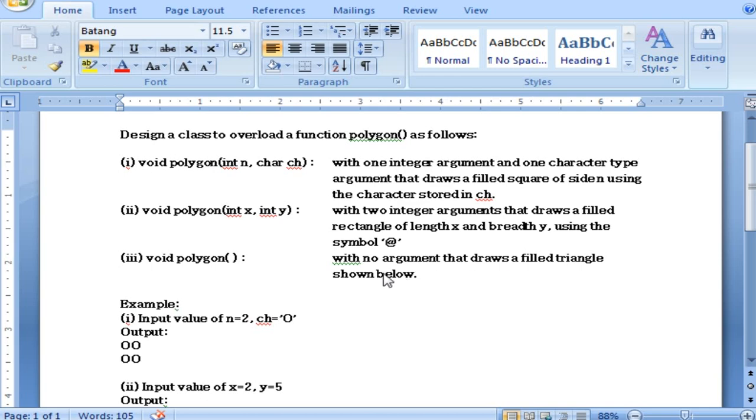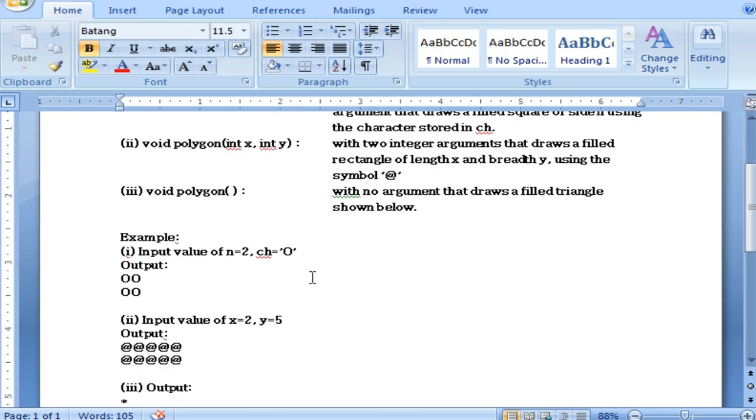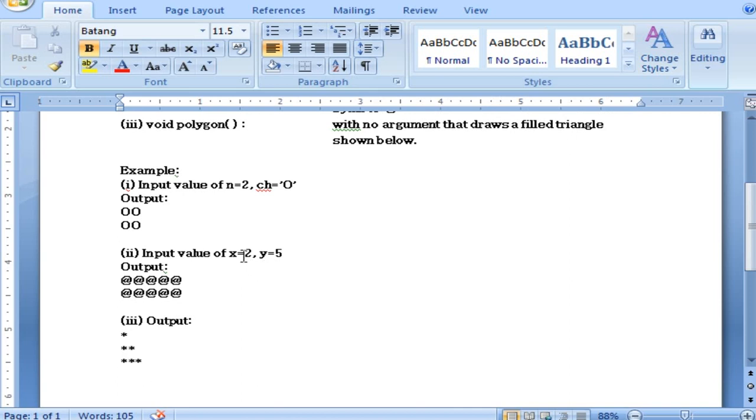So you can see an example given here. For the first one, n value is 2, character is O, and you can see a filled square. Second one, x value is 2, y value is 5, so you can see the output, it is a filled rectangle. And finally you don't have any argument, it just prints a filled triangle.